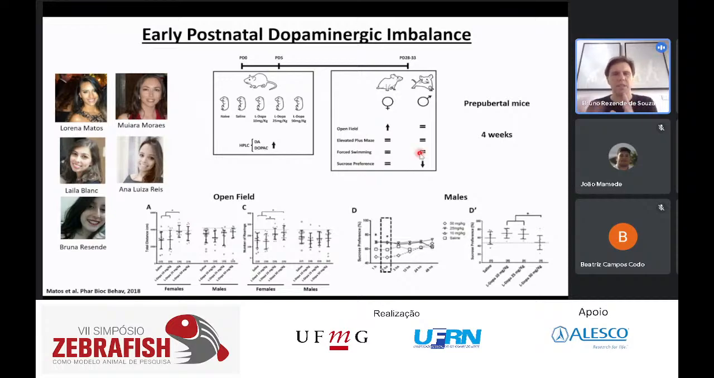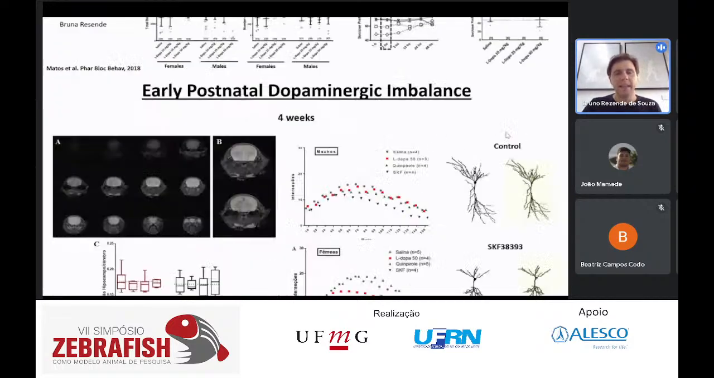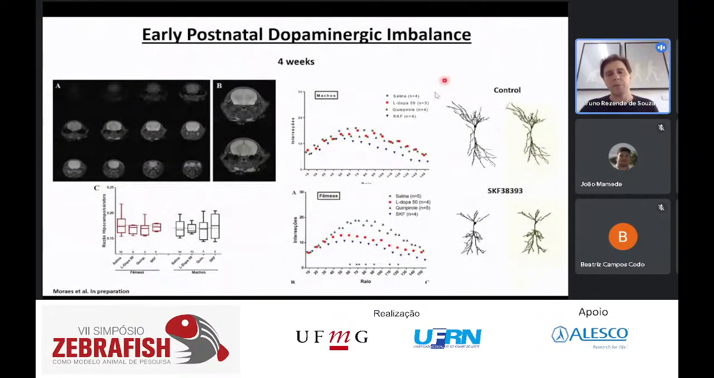So we can see there were some alterations from the imbalance of the dopamine signaling in the first 5 days of life of mice. We can see an imbalance when the mice are 4 weeks old. And then when we check the brain, we could see that if we